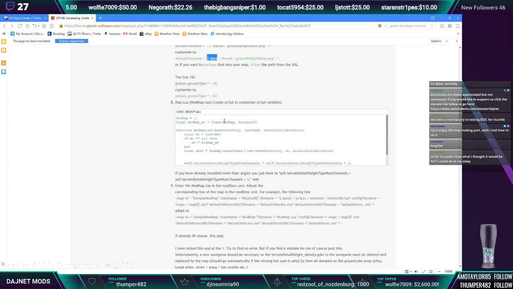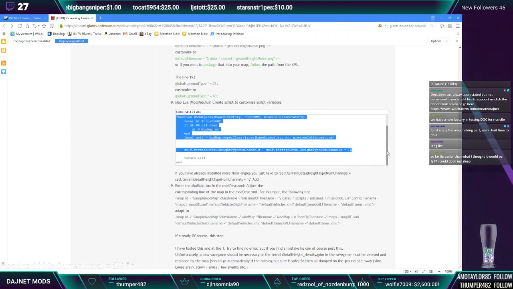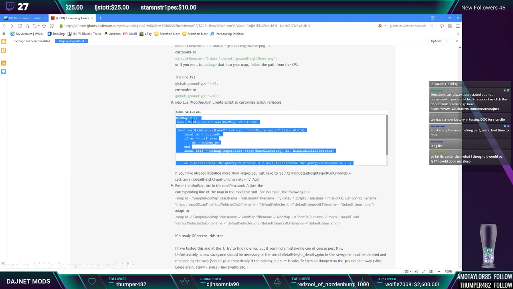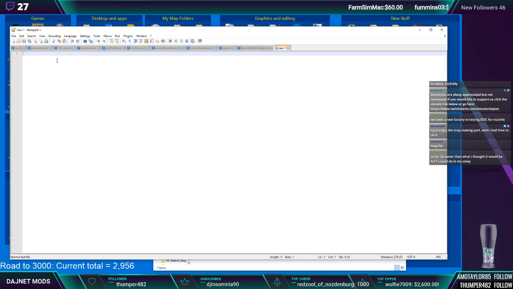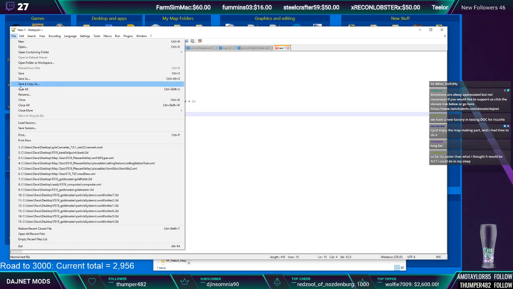Next on this page, there is a copy of code. We're going to try to get the whole piece of code here. Right there. Copy that code, and name it modmap.lua. So we're going to create a new text file in our editor. File, new. We'll paste in that code into the file, and then we'll save that as,